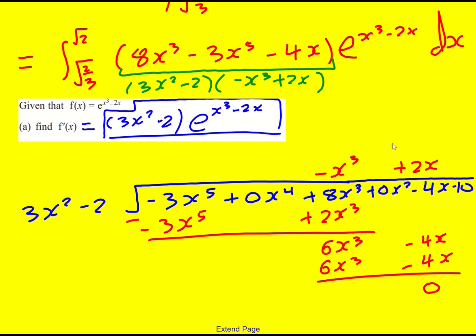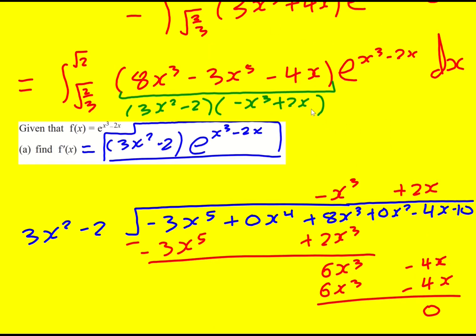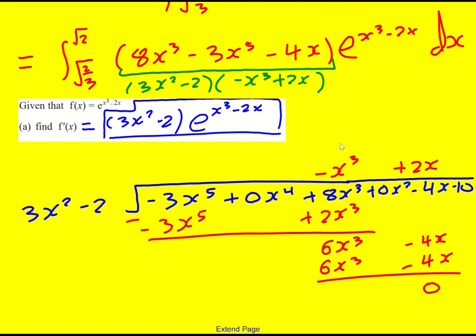Polynomial division works really well. In the answers, they actually take the minus out. You can factorize a minus out of the whole integral, and then you end up with a positive x to the 5. That does make life a little bit easier, but I'm just going to stick with it for now as I've done it. Okay, so my next line is going to be the same integral,